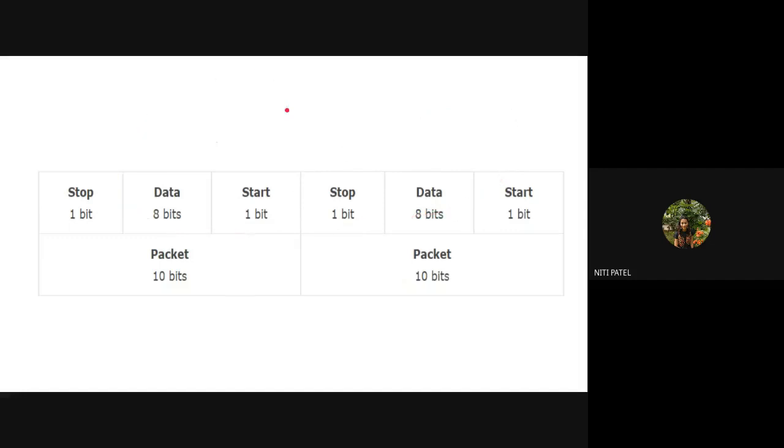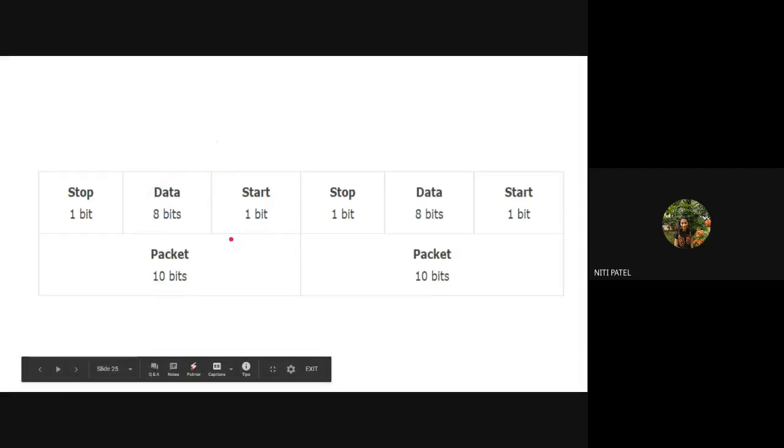We had also seen that the data frame which is prepared by the PPP connection at the data link layer includes the data that you have to transmit. Along with that, it includes the network address, which is the source and the destination address, and the start and the stop bit. So every data is transmitted in the form of such packets from the source machine to the destination.